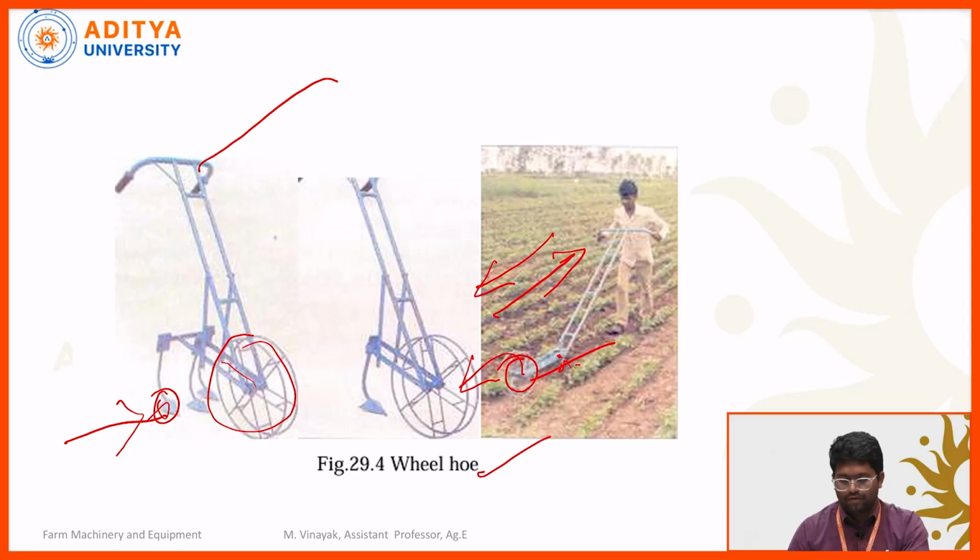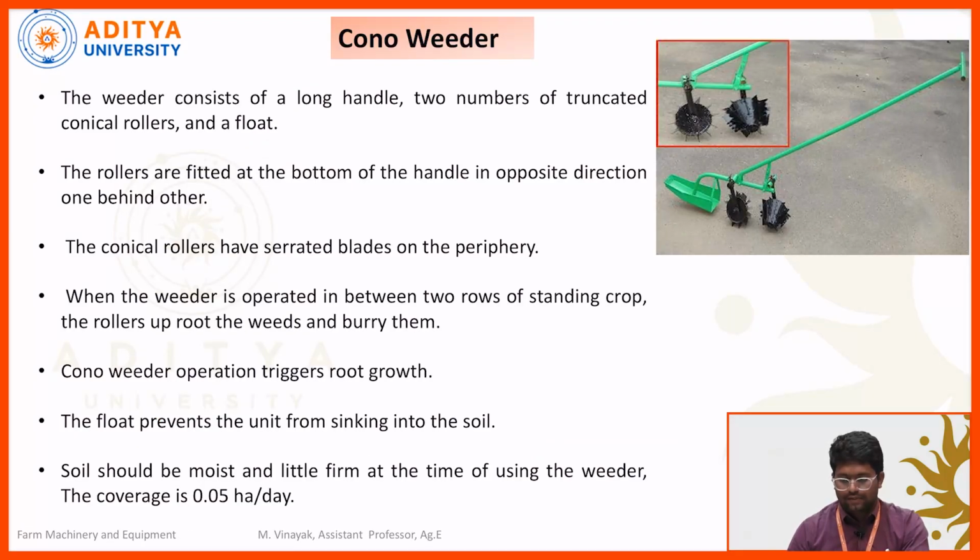Okay, this one is a wheel hoe. So this one is a cono weeder. Okay, so this one is the most efficient for paddy weeding operations. It consists of a long handle. This one is a long handle, two truncated conical rollers and a float. This one is a float. This one is a